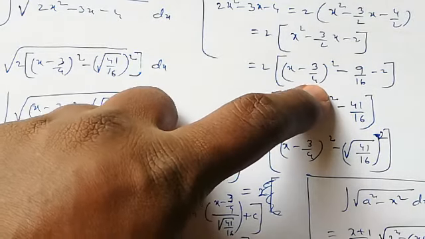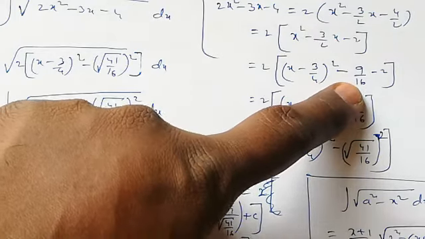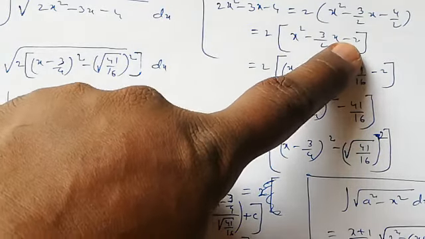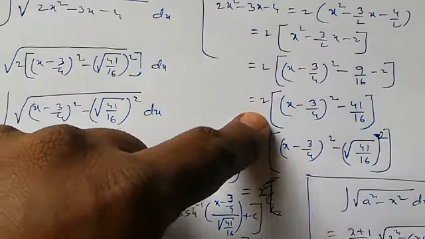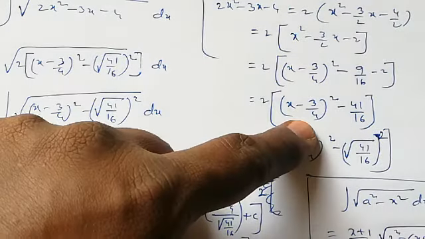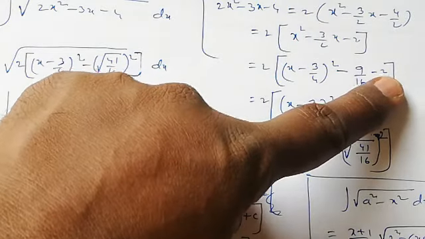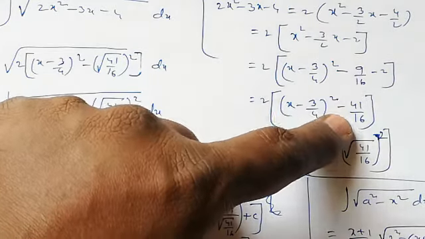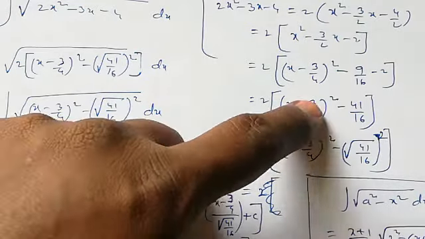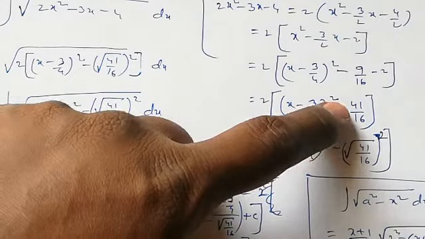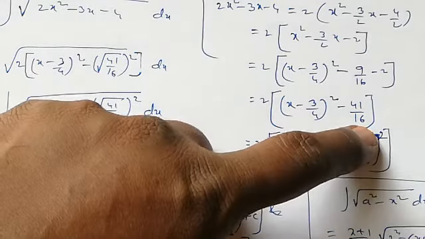So whole square minus, here you always have to keep minus only. Now write its square value: (3 by 4) whole square is 9 by 16. Now write the remaining constant minus 2 as it is here. Now simplify: 2 into (x minus 3 by 4) whole square minus, 16 twos are 32, 32 minus 32 minus 9, minus 41 by 16. Now write this result in square form: (x minus 3 by 4) whole square minus 41 by 16 square, that is (root 41 by 16) whole square.